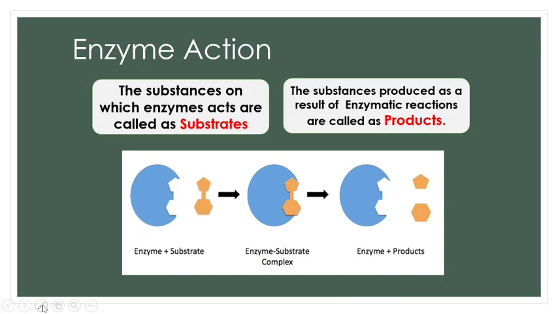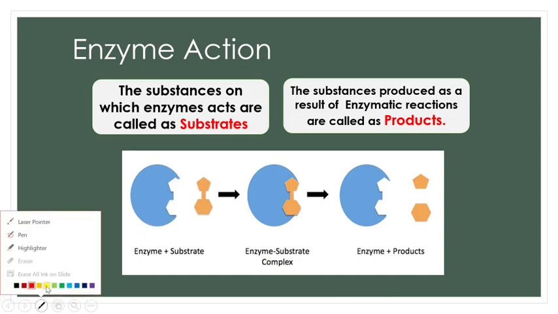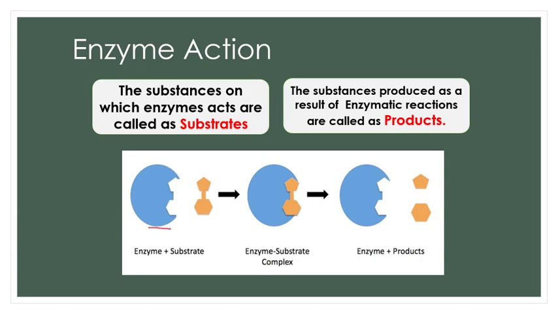So this big blue colored thing which we can see in the picture is the enzyme. And on this enzyme, there are certain sites. These sites are called active sites. To these active sites, the substrates get attached to form the enzyme substrate complex. The enzyme will not participate in the reaction, but will see that these substrates are converted to products. And once the products are formed, the enzyme will separate from the product.